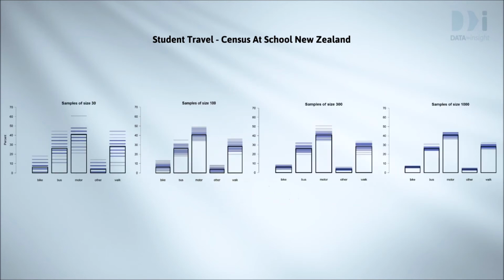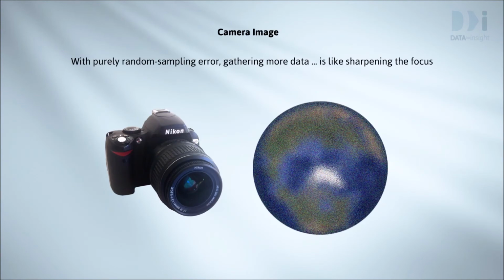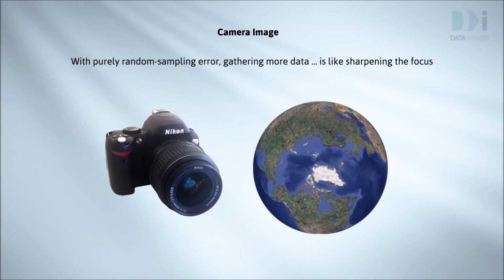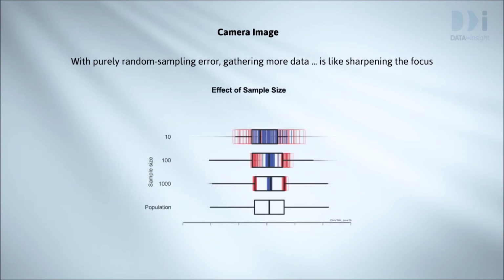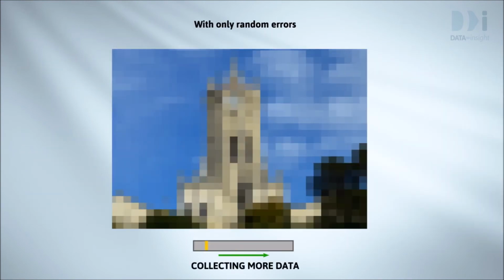We can see that increasing the sample size reduces how big the sampling error can be. It suggests the following metaphor from photography. When random sampling error is the only source of error, increasing the sample size is like sharpening the focus. Here's the same thing using box plots of a numeric variable. Or looking at it another way,